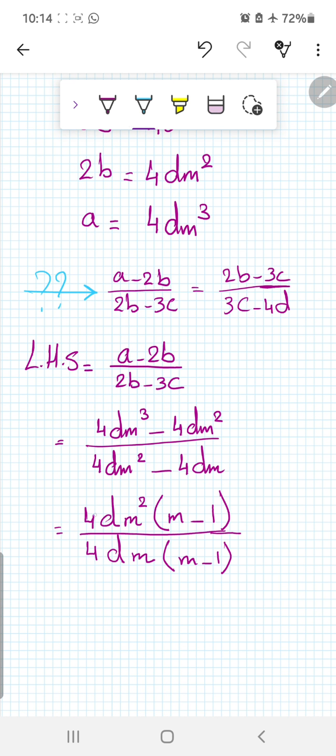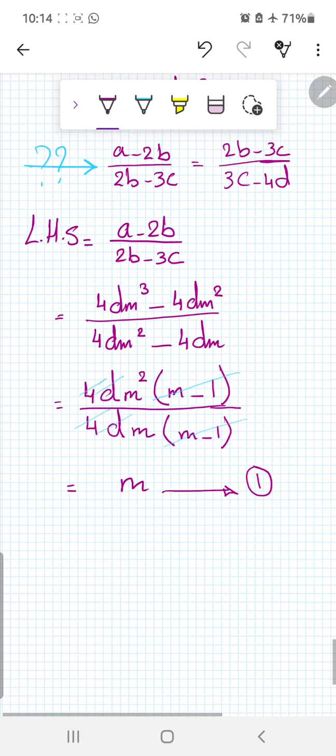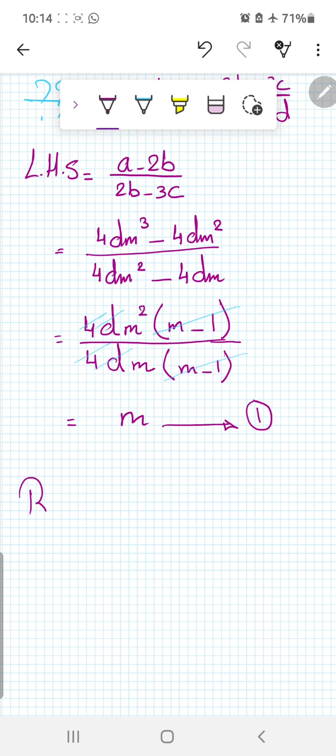Okay, cancel 4 with 4, d with d, m minus 1 with m minus 1, we get m power 2 divided by m, minus the power, which is m, and let it be number 1. Okay, we get the right hand side, which is